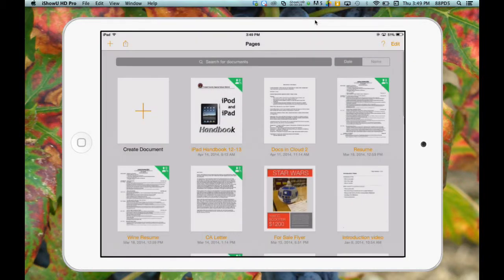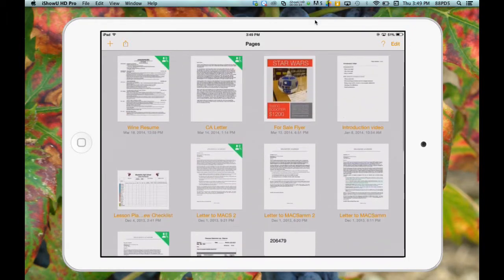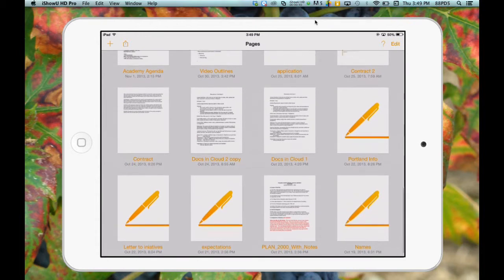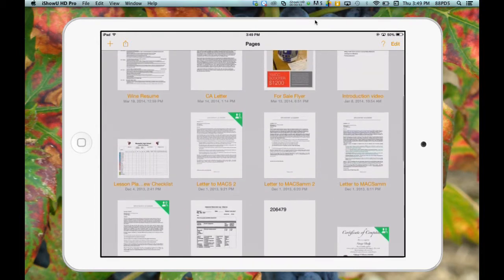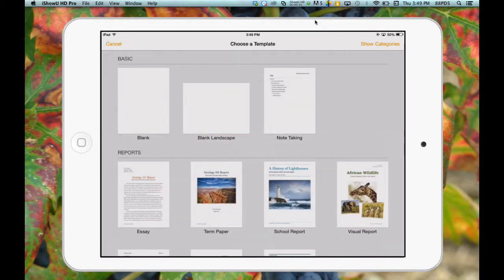So when we open up Pages, for me it's going to open up and show all the documents that I've created, and it's doing this through the iCloud. If you want to learn more about iCloud and how you can get that on your computer, we do have an introductory video for that. But like I was saying, Pages is Apple's document creator. It's like Word. So if I want to create a new one, I'm going to tap on the Create Document,